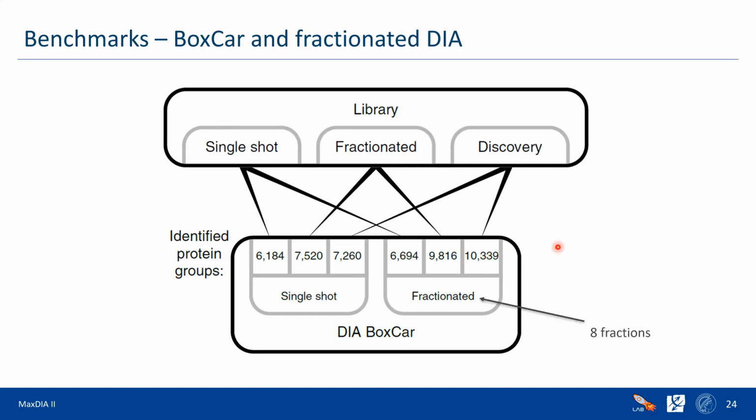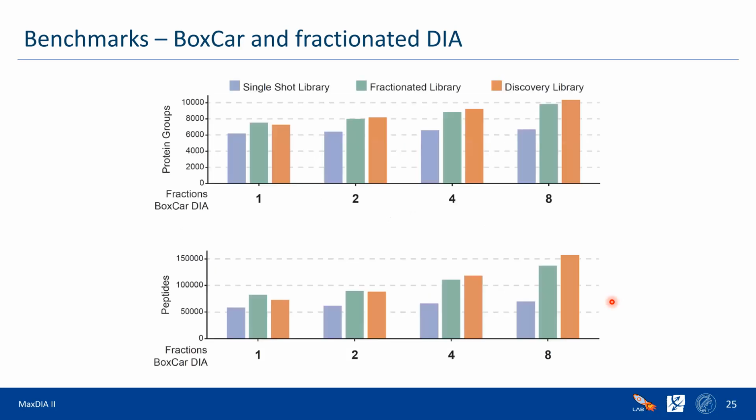But as I said, these fractionated DIA samples consist of 8 fractions. That's of course very cool, but can we do it with less? With 3 replicates, that means 24 samples. But let's say, can I use just 4 fractions? Then 4 fractions, 3 replicates, 12 samples to measure. That's way less time. Is it really advantageous or not? This question was actually raised by reviewers during the revision, and